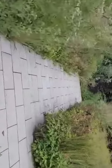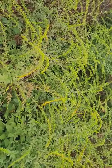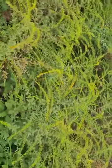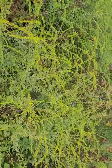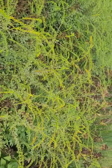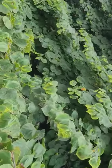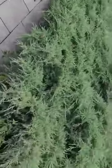So see the beauty of this rice gardens, and here you have another Solidago which is unique in having the flowers borne only on the upper side of the branches, and these side branches are arising from below the stem, and these are basically called Solidago rugosa 'Fireworks', as if some kind of firecrackers. Still they are at bud stage, so all flowering has not taken place, but when they bloom, these long horizontally arched flowering stems have given it the name Solidago rugosa 'Fireworks'. So you see firecracker-like extensions of these flowering twigs will add color and charm to the garden. And here again, that is eastern redbud, Cercis canadensis. This is